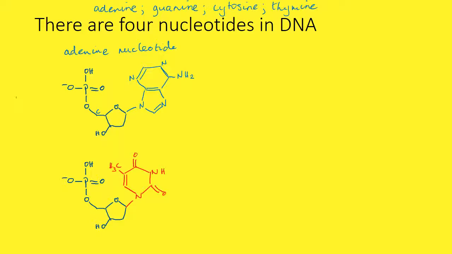So that is thymine nucleotide. So let's label that. That's thymine nucleotide, and I've drawn those in that order for a reason. I'll come back to the reason, but they pair up when forming DNA. They pair up. So let's have a look at the other pair of nucleotides. Again, we've got our structure to start off with, and we're going to draw